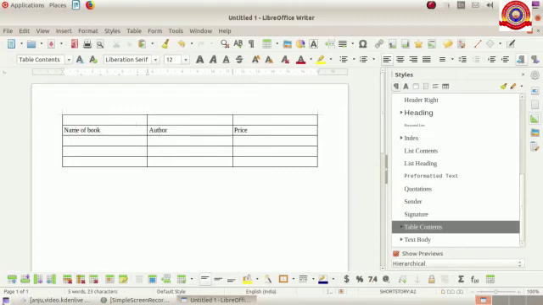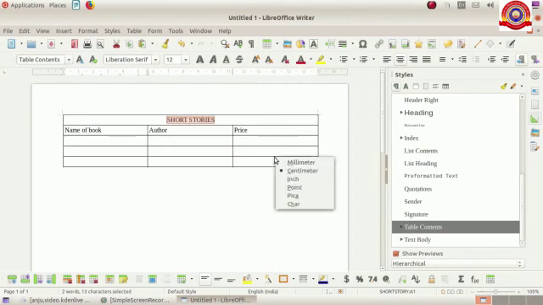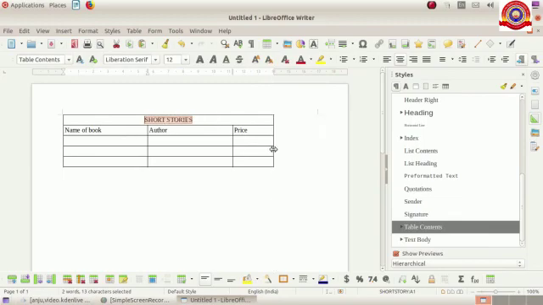We want to type the heading here. I am giving a heading, Short Story. When I type the heading, it is seen in the first cell only. So, to make the entire row a single cell, we can use Merge Cells from the Table menu. Table, Merge Cells. Now, as this is the heading, we want to arrange it at the center of the table. We can change the width of the column or row by clicking and dragging the desired row or column.